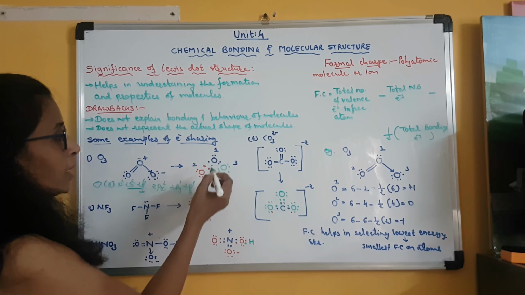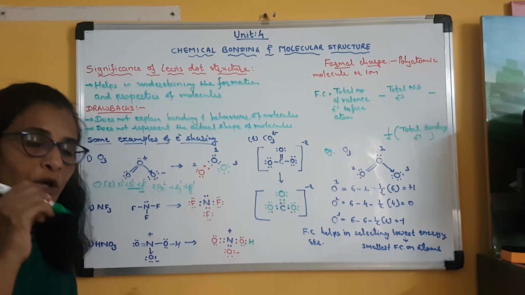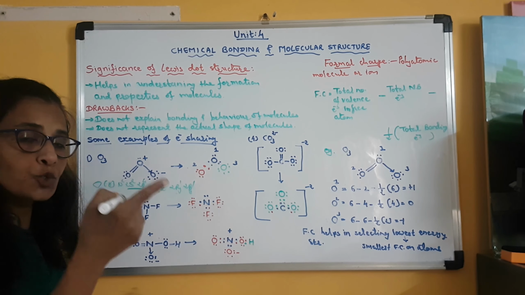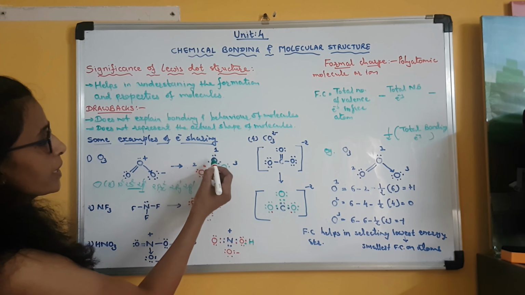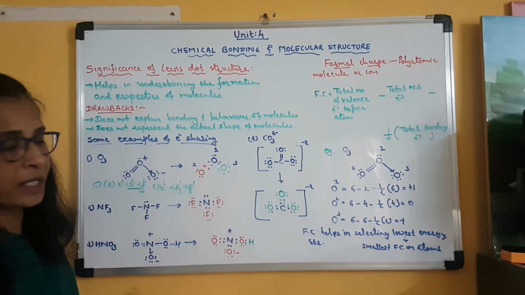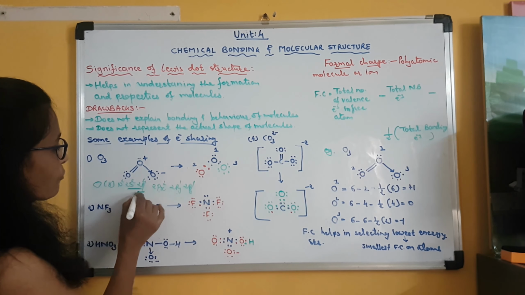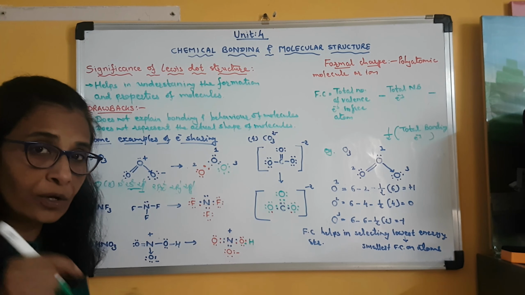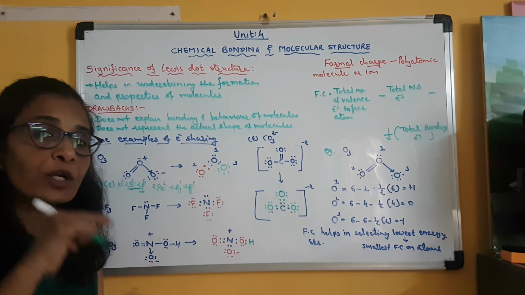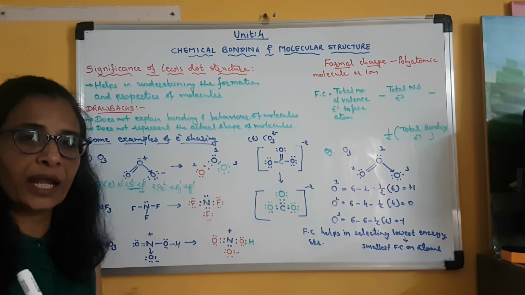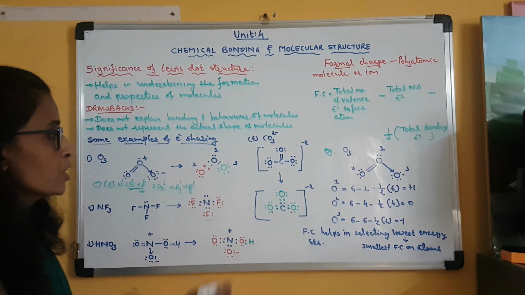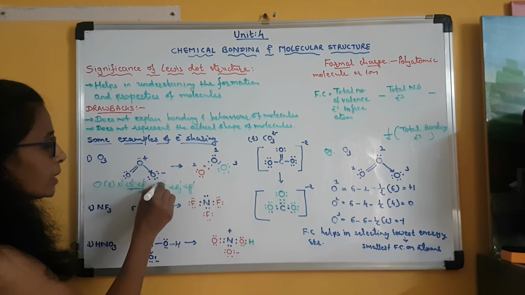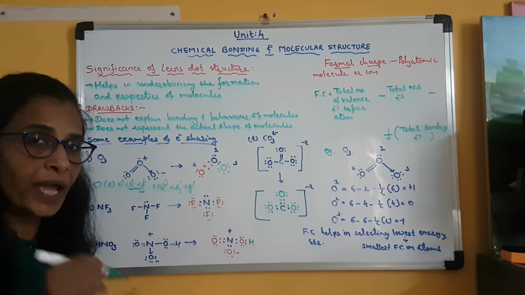Clear? Now, here the first oxygen atom is also expected to have 2 lone pairs of electrons, one in 2s and the other in 2px. But here I have drawn only one electron pair. So this electron pair is of the 2s orbital, which will remain as a lone pair of electrons or non-bonding electron pair. It will not be utilized by the first oxygen atom in any bond formation. So it will remain like this only.